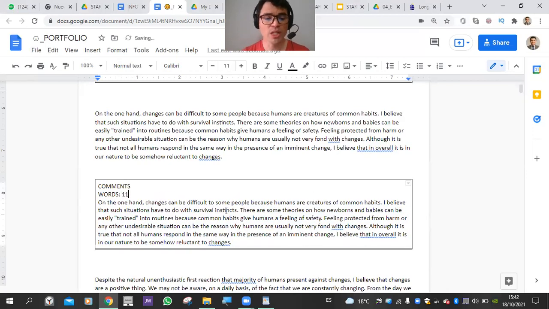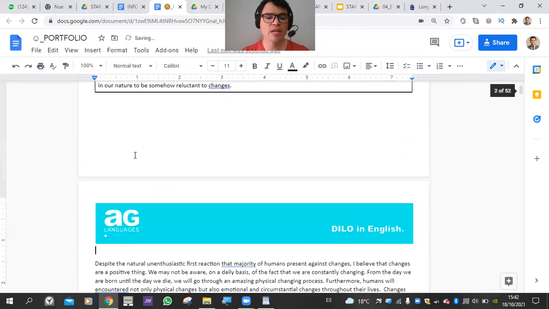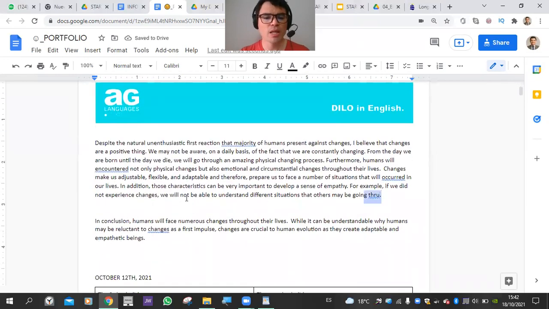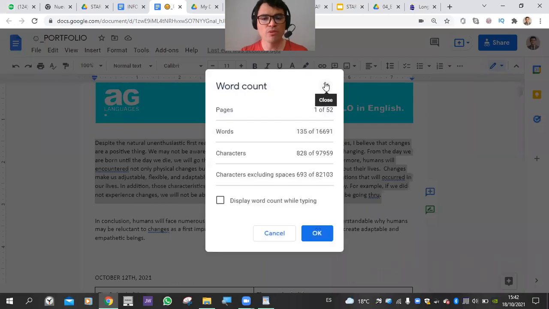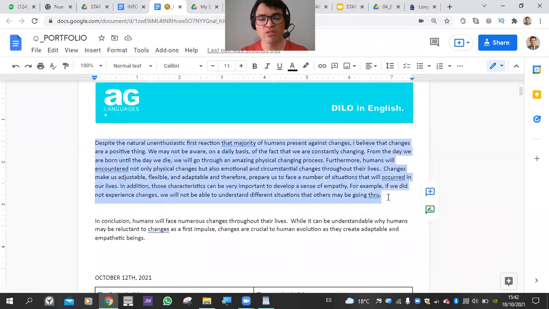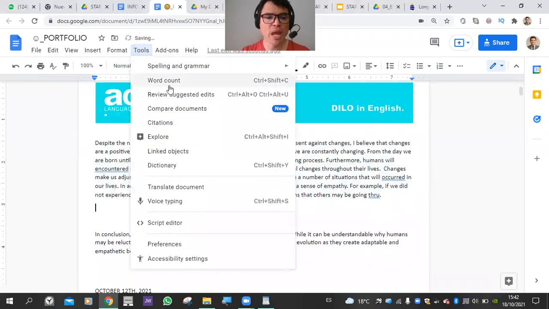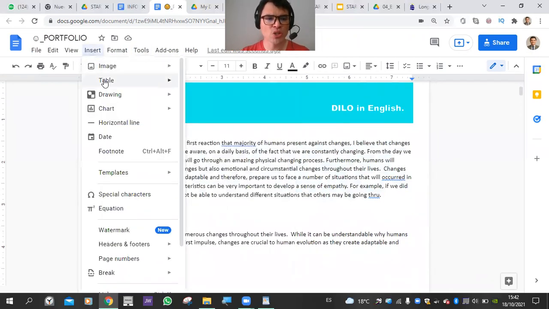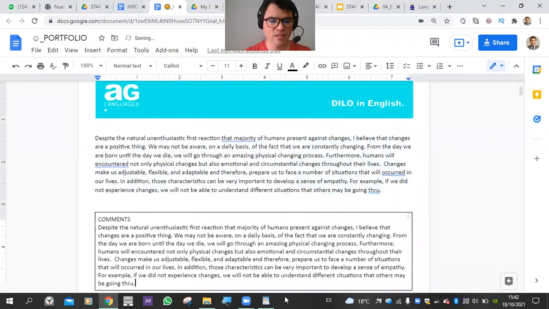Okay, 111 words. Yeah, that's nice. And what about the second body paragraph? This body paragraph has 135. It is a little bit longer than the first one. There's no rule on that, but we try to make paragraphs that have the same amount of information or a similar number of words. Okay, so let's insert here a table, and right there I will be pasting the paragraph